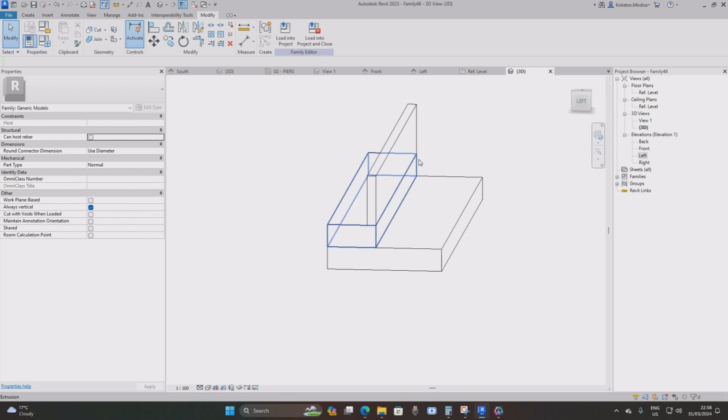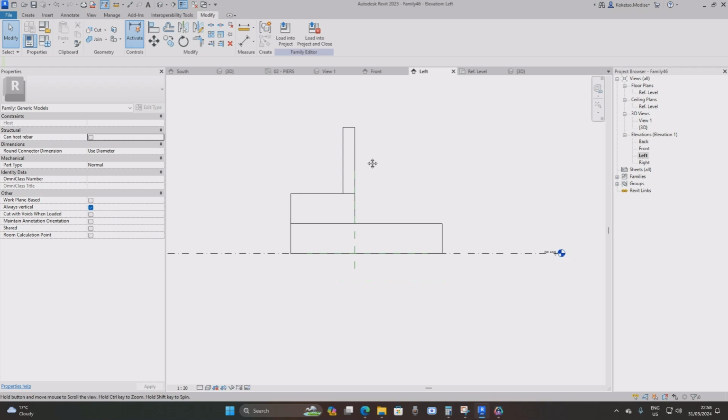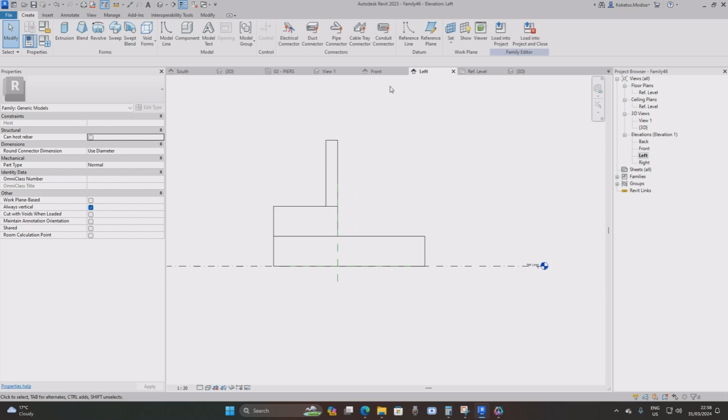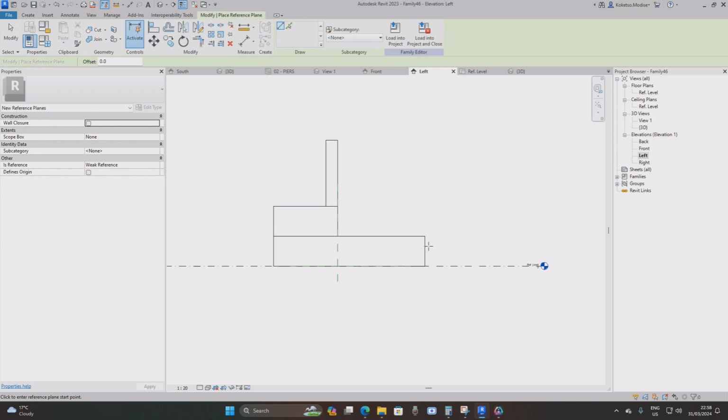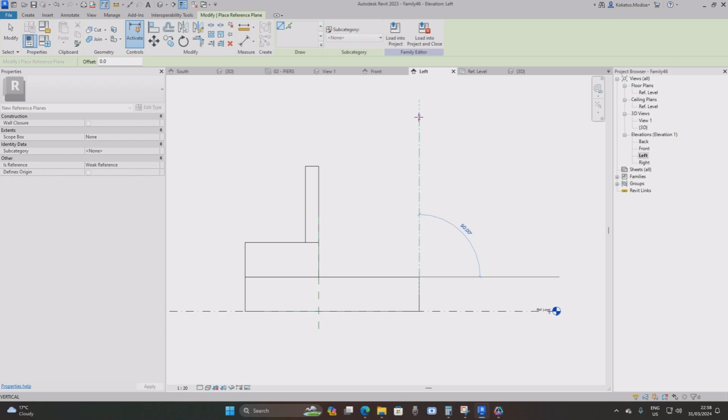for our bridge abutment. So just go back to the left elevation, and then say create, and then go to reference plane, and then from this point draw a vertical reference plane like this, and then from this point also draw a horizontal reference plane like this, and then you're gonna set the offset to